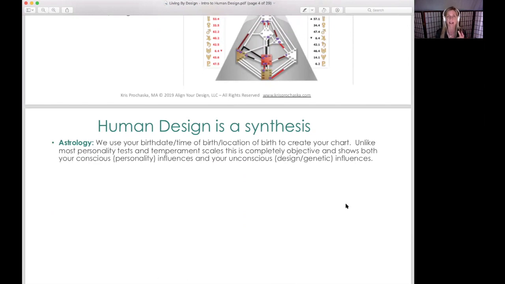And if you don't know the time, because some people don't, I have a few tricks up my sleeve to help people pinpoint that date or time, and I use that with my clients. That's beyond this conversation, but let's just note that we're really just looking at 3 points of objective data to get your chart.